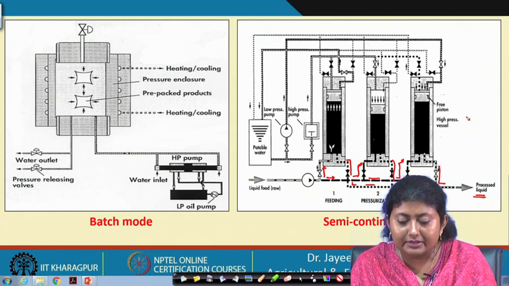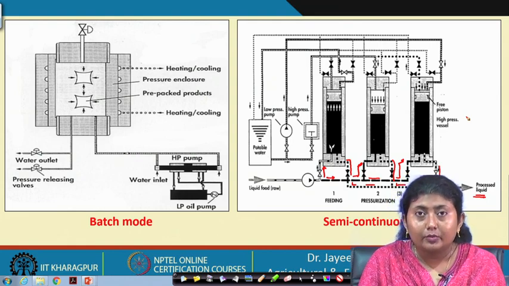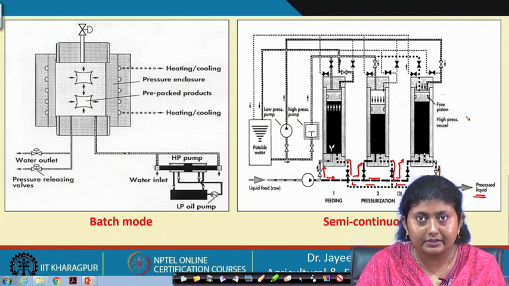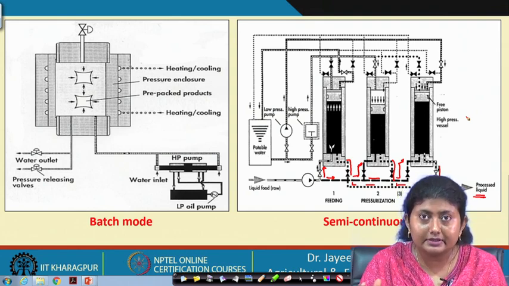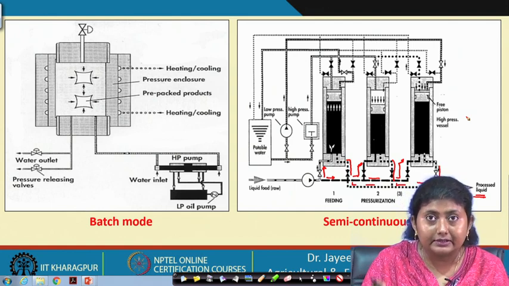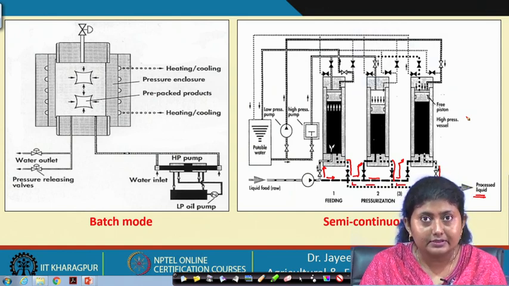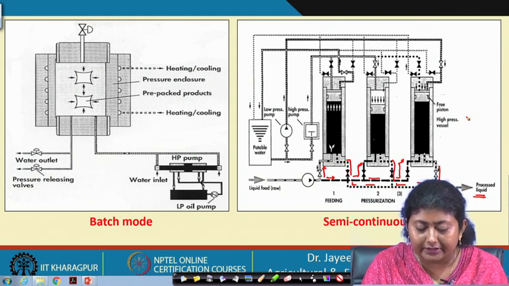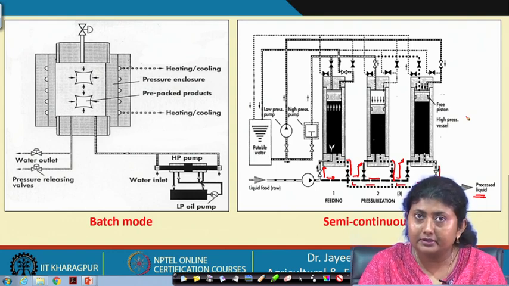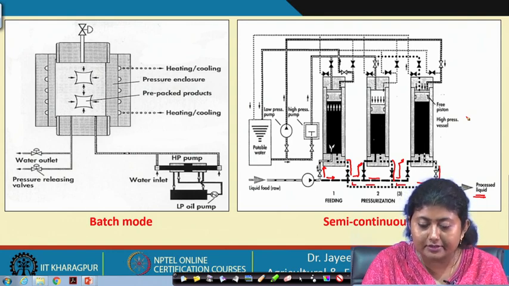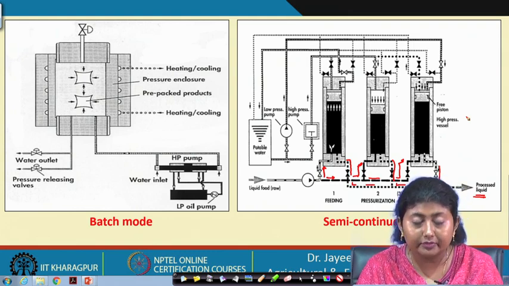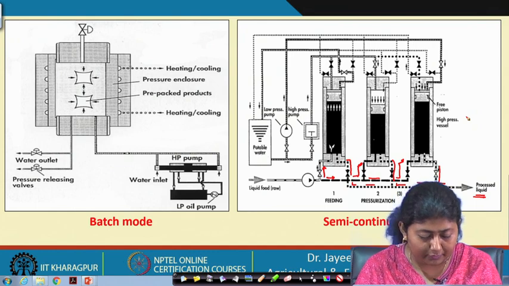So, what happens is we make a sequence here. When one chamber is in pressurized condition, the other chamber is in the depressurized condition. This sequence is maintained in all the consecutive sections, and that we call a semi continuous system. We continuously feed the liquid food into all the chambers, and we maintain the sequence of making one pressurized and the other depressurized, and this sequence goes on and the semi continuous operation is performed.